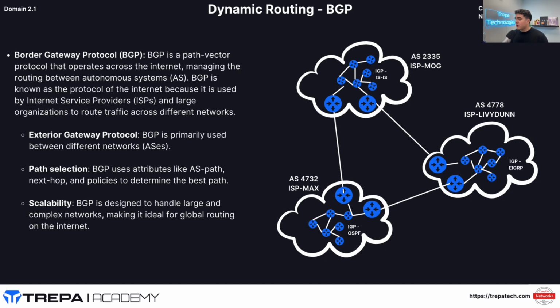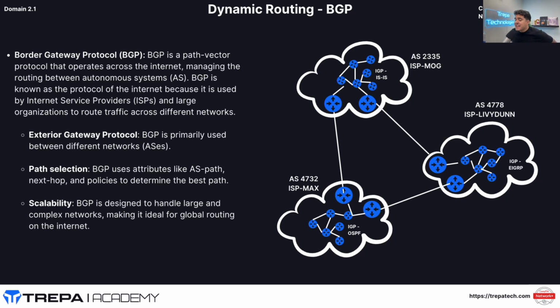So the first dynamic routing protocol we're going to learn about is BGP. Now, with all dynamic routing protocols, there is administrator configuration, but beyond that, the routing protocol is intelligently creating our routing tables and talking to neighbors. So BGP is a path vector protocol that operates across the internet, managing the routing between autonomous systems. BGP is known as the protocol of the internet